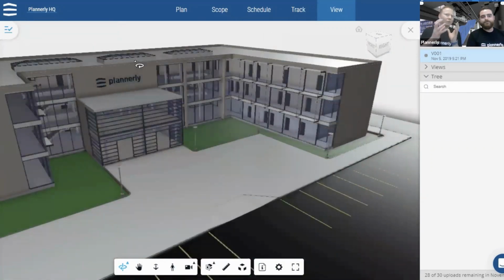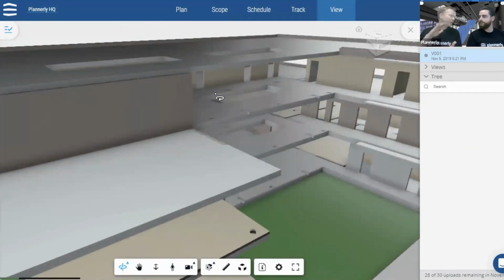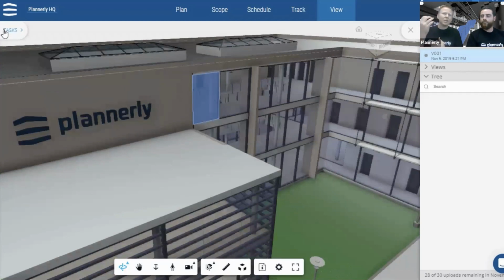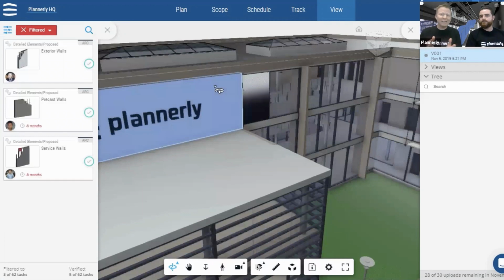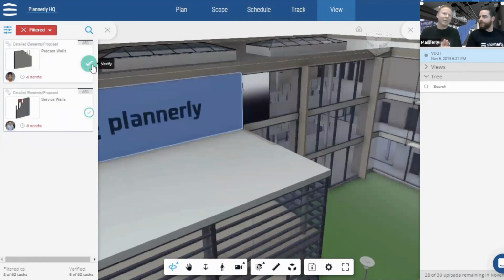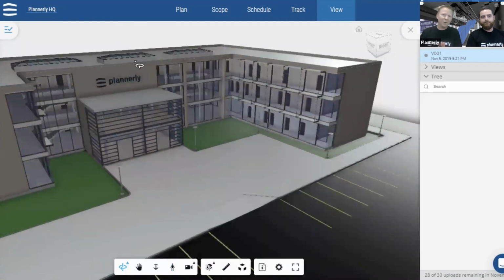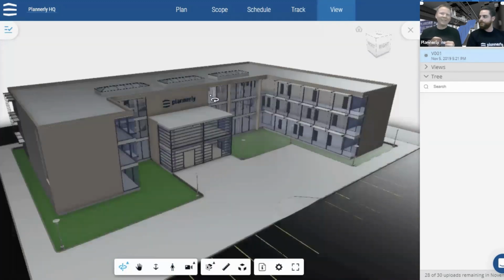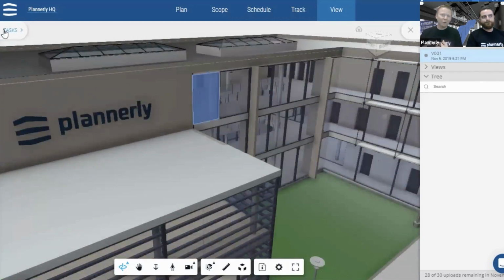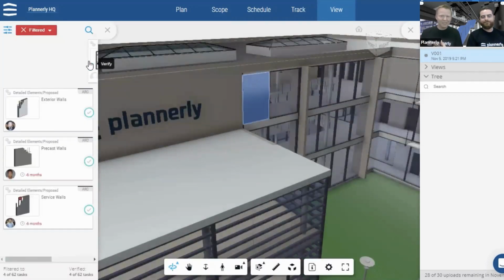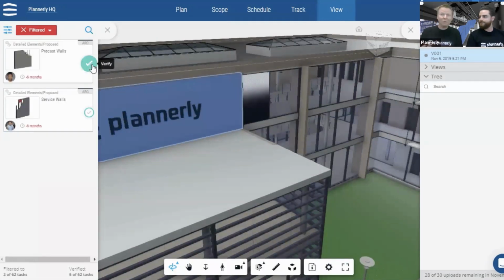So this is a simple example, but digging in deeper, you can measure in the model. You can cut cross sections from the model. You can see the 2D drawings as well in here. Yeah. You can interrogate a lot of different details about that. We are super pleased to partner with Autodesk to be able to provide a lot of this functionality as well. But what I'm really, really keen about next is how we start to automate a lot more of that, how we start to learn from that data behind the scenes, and how we can start to make that workflow even more seamless, even more visual, powerful,